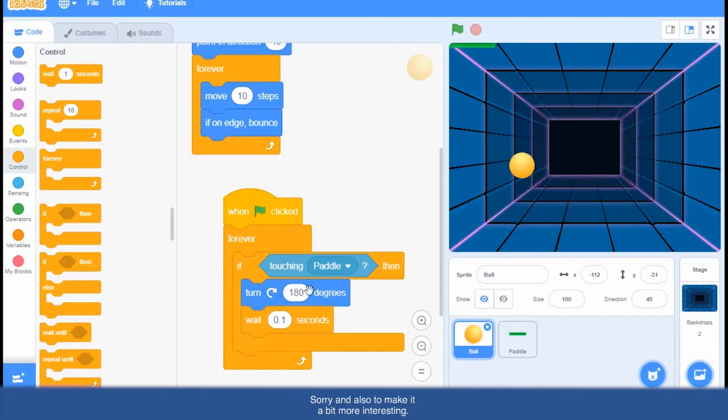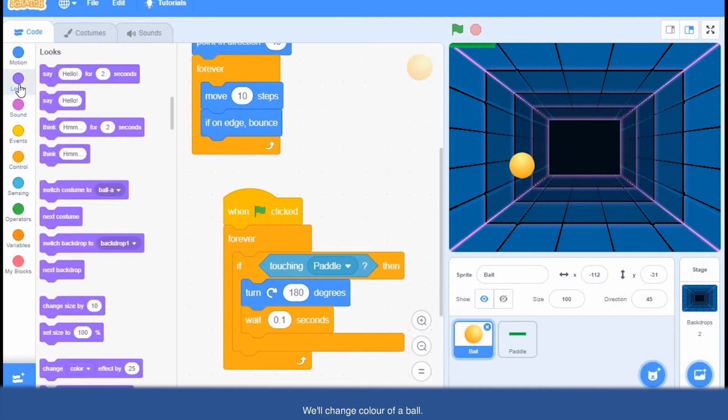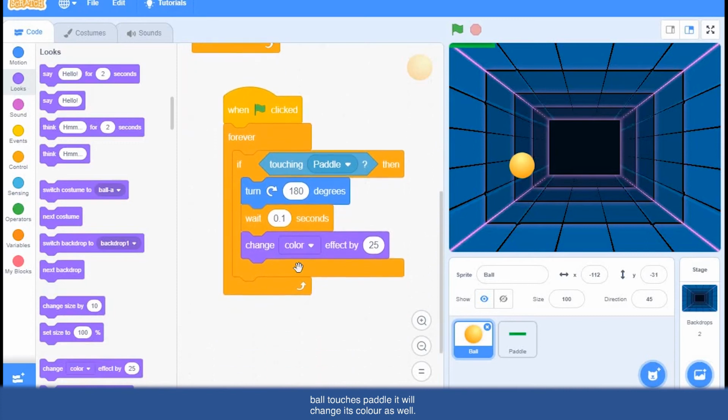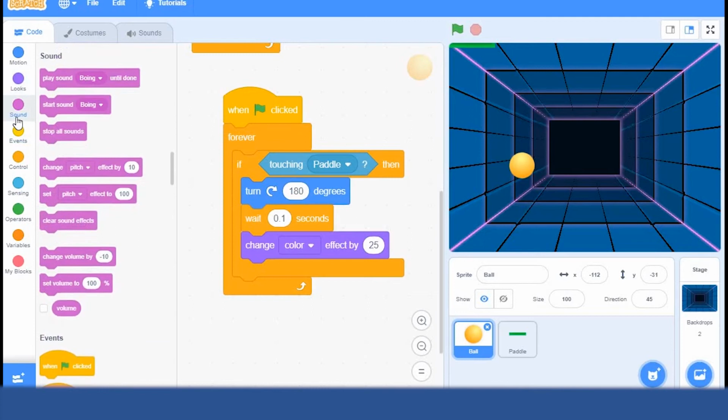And also to make it a bit more interesting, we'll change the color of the ball. So when it touches the paddle, let's add change color. So go to the looks palette and get the block change color effect by 25, drag it and attach it here, so that every time the ball touches the paddle, it will change its color as well. And let's add some sound.